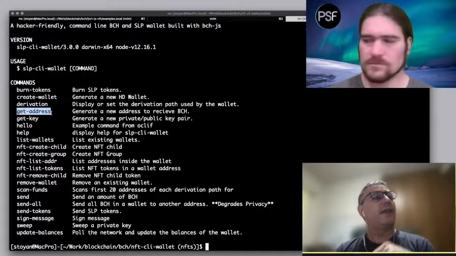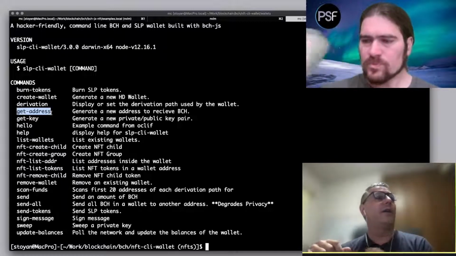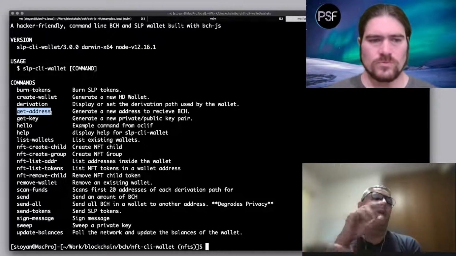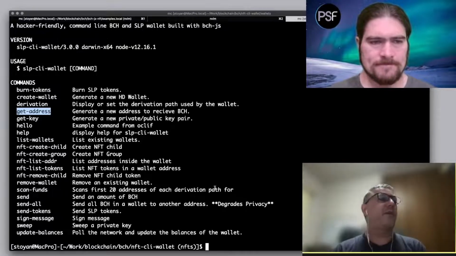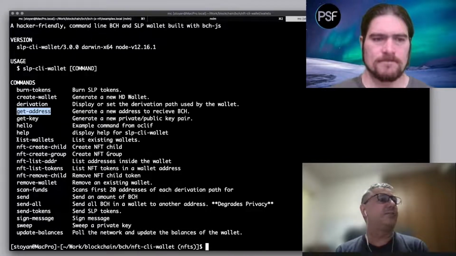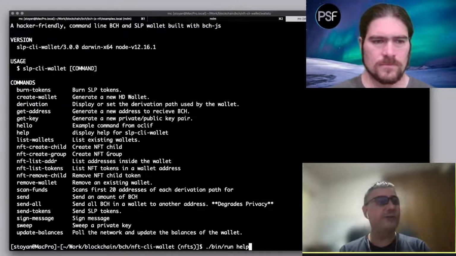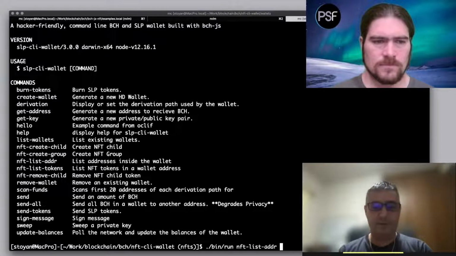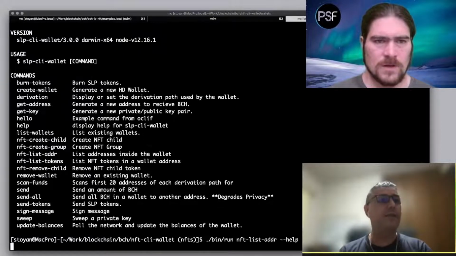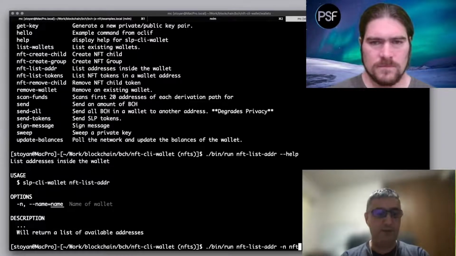So I decided first to work with it like a single wallet, adding an index parameter to every one of these commands to show exactly in which wallet my stuff is. To show this, first you need to know what addresses you have, so you just list your addresses, and the name of my wallet is NFT.